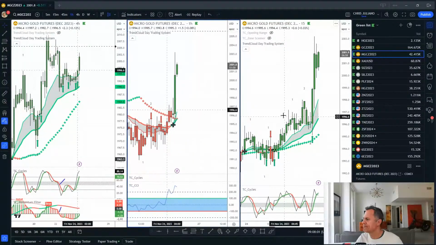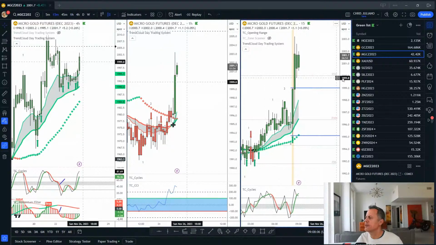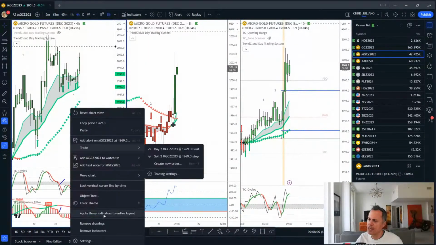Gold has opened up. Put our opening range breakout tool on there. And what do we have here? Well,